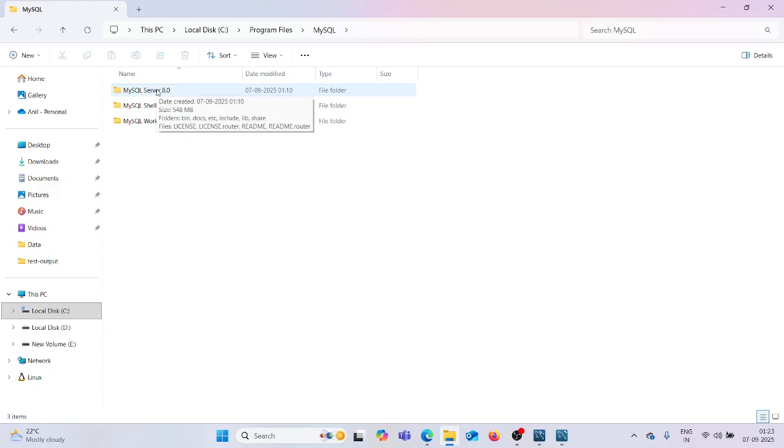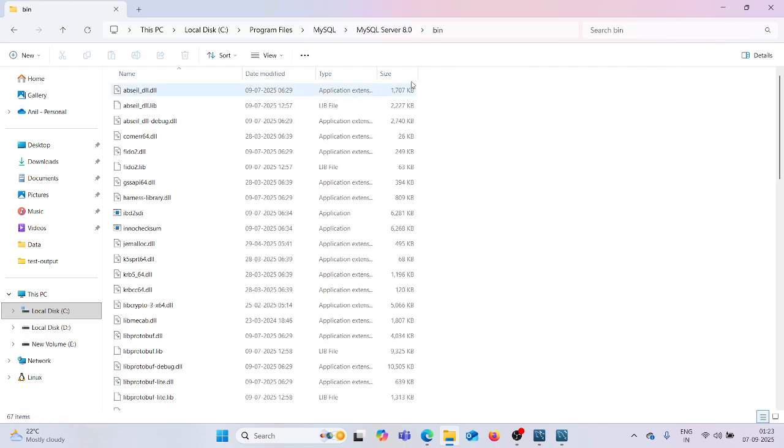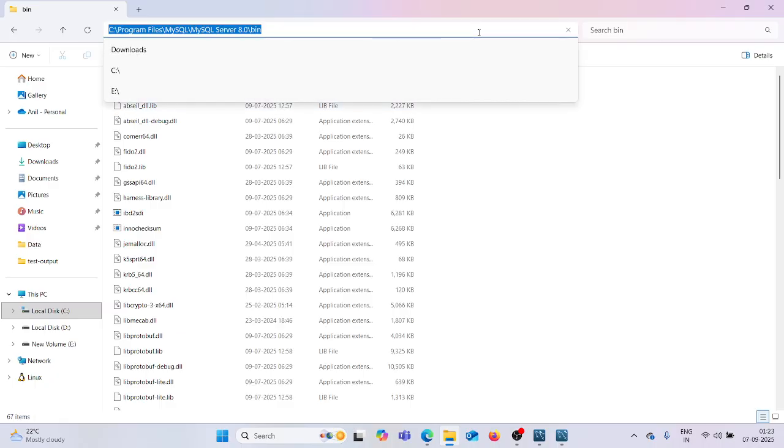Then double click on MySQL Server, it will show the bin folder first, just open that, then click on the path.